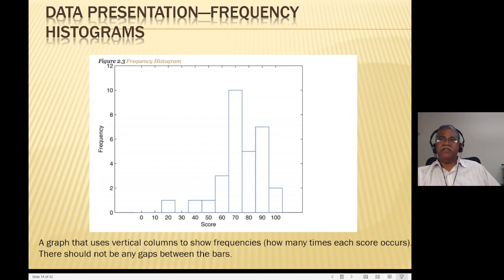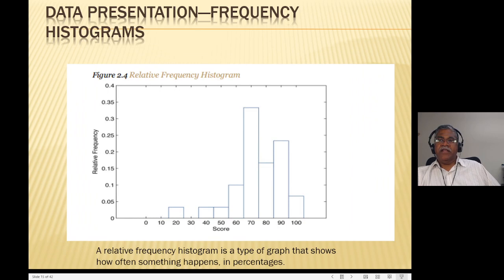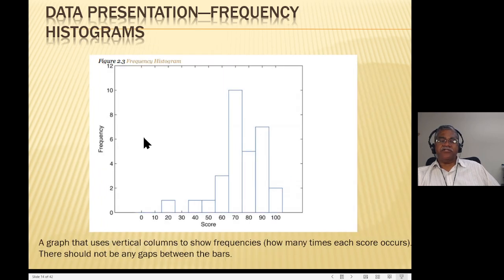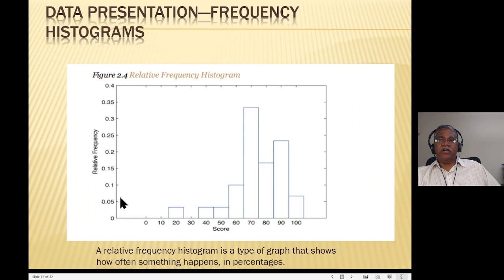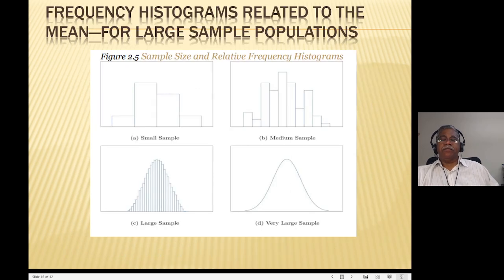When you make it vertical, it becomes a histogram, and there is what is called a relative histogram. So, for example, this is the actual number, and when you divide this number by the total number of people, then you get a relative frequency. So a frequency histogram and a relative frequency histogram, almost like it sums up to a percentage.